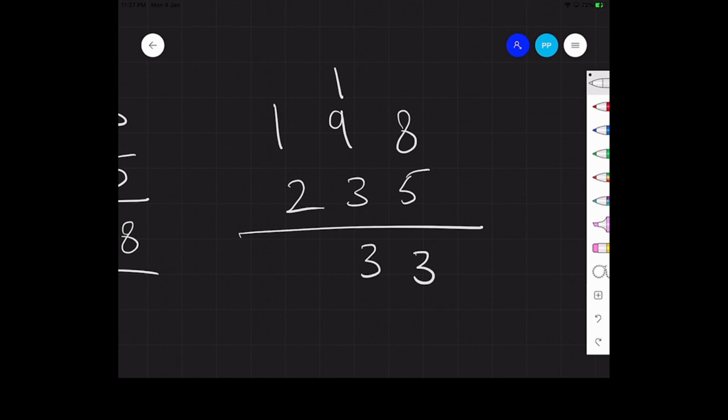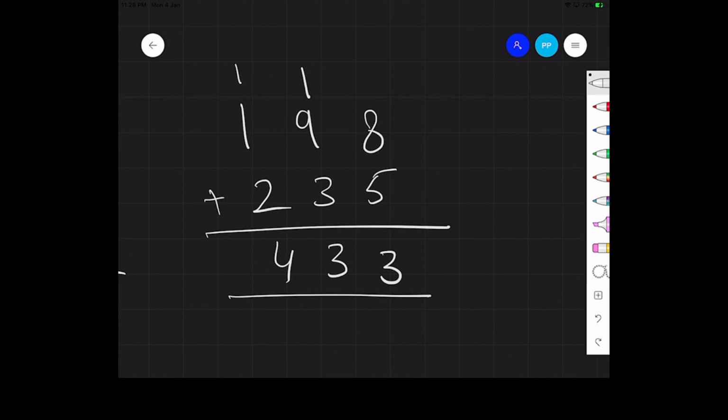We write 3 again and we have one more carry forward. So here it becomes 1 plus 1 plus 2, and we can write it as 433. I hope this is clear now. As you can see, when the sum is greater than 10, we take the unit digit and we add a carry forward, and that's how we'll be solving our problem.